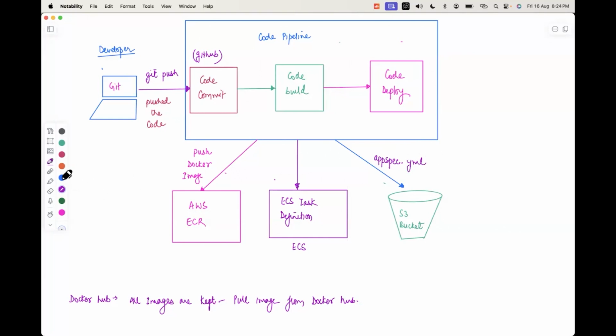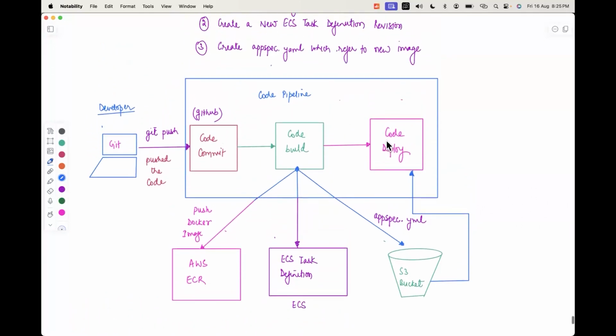Which will be finally used by whom? That will be used by this CodeDeploy, correct? The rest of these actions are taken care of by this CodeBuild offering. But the output of the build will be utilized by the CodeDeploy service, and who will deploy and shift the traffic, right? Everyone notice this, it will not just deploy the offering, but it is its responsibility to deploy